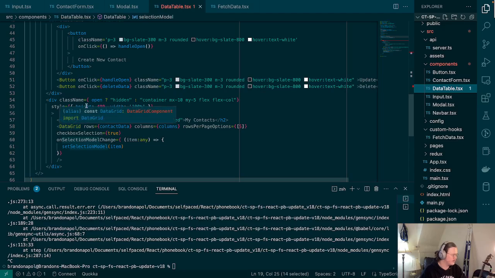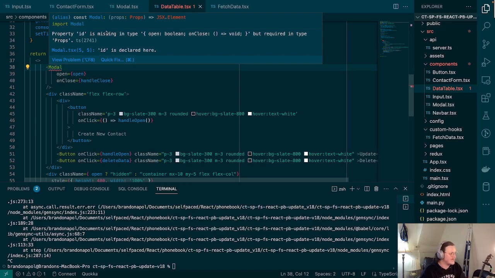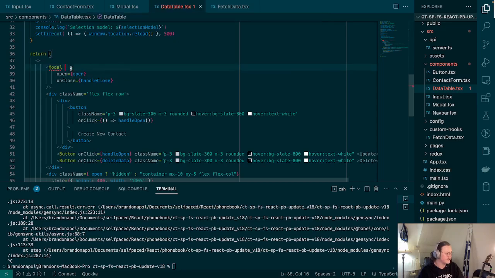So we've got our data table here. We got this modal, and you can see that now it's mad. Property ID is missing in type open boolean on close void, but required in type props. So again, what's happening is this modal is being fed these things. It says, oh, I've gotten open and I've gotten on close, but I don't have any ID here. And so what we can do,